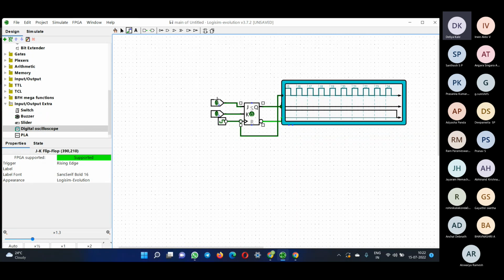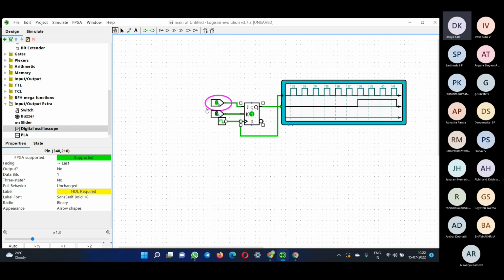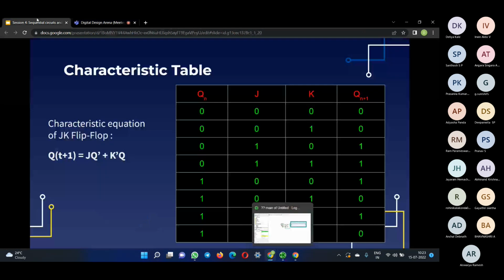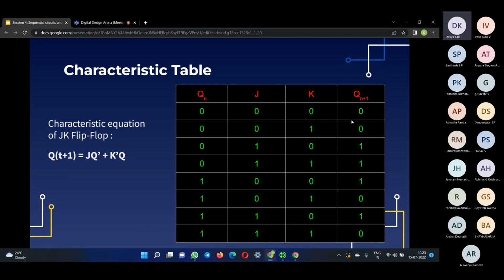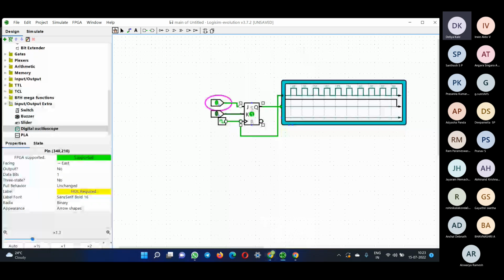Now let us change J to 1. See, what do you find is, as soon as you change J to 1, let us go back to the truth table. When J is 1 and K is 0, the next state will be equal to 1. So when J is 1, K is 0, you find Q, which is the next state, will be equal to 1 and correspondingly